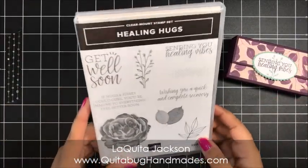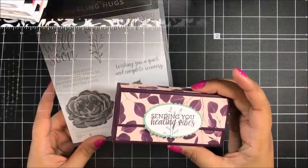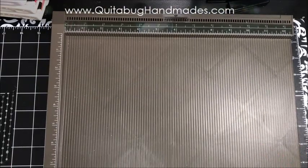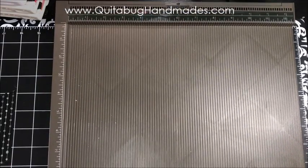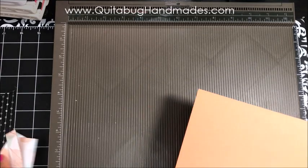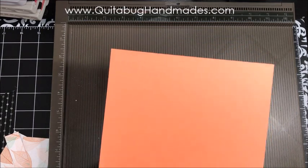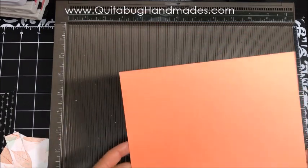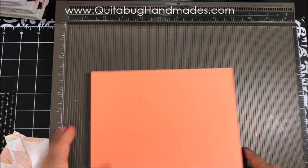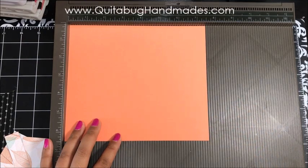And I am using the Healing Hugs stamp set for the stamping on the little tissue box. So to get started here, I am bringing in my Simply Scored scoring board. I have cut down a piece of Grapefruit Grove cardstock at 6.5 inches by 7.5 inches. So I'm going to put the long side, the 7.5 inch side, at the top of my scoring